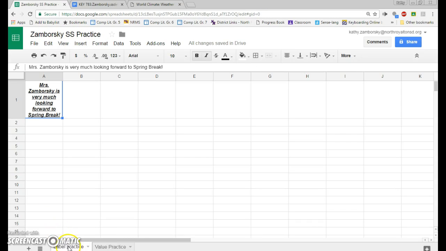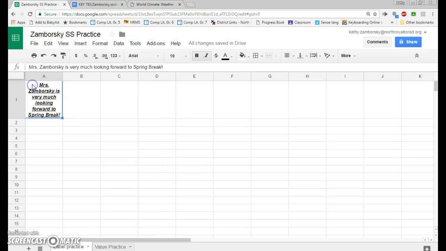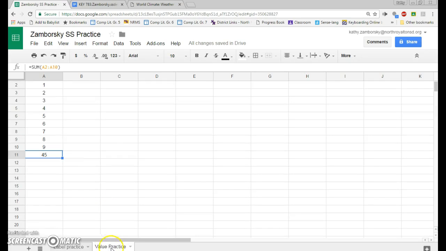So the first sheet is label practice, and we typed a sentence, and then we went under format and we did some wrapping so that it would all fit within active cell A1 instead of looking like it was all stretched over many of those columns. Then we went to value practice. We added a second sheet, renamed it,